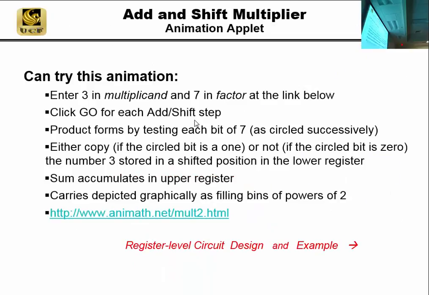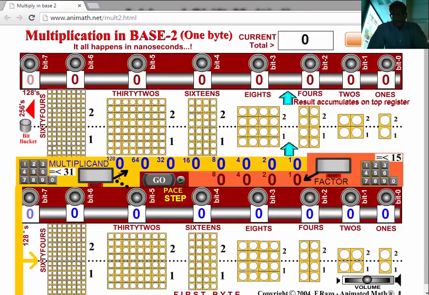72. So here's an animation, if this is working. I didn't try it. I found this in the summer. Let me see if this is going good today. This one was pretty cool, if it's still out there. It's like a Vegas style slot machine or something, I guess. I don't know. So what you can do is put your bits in here